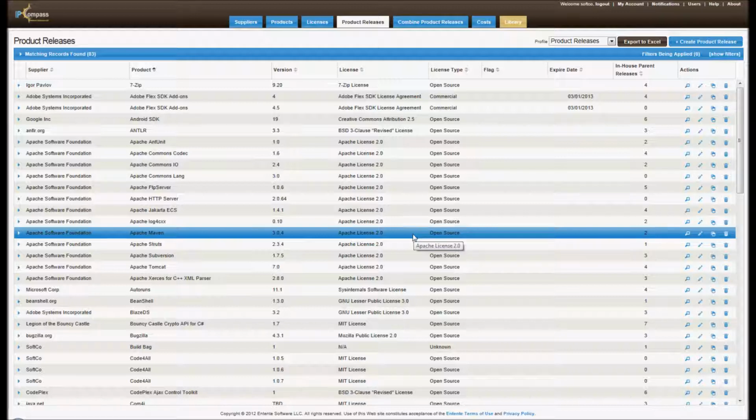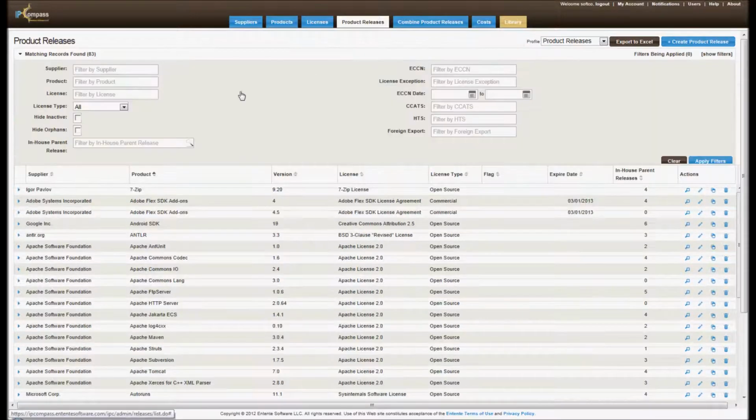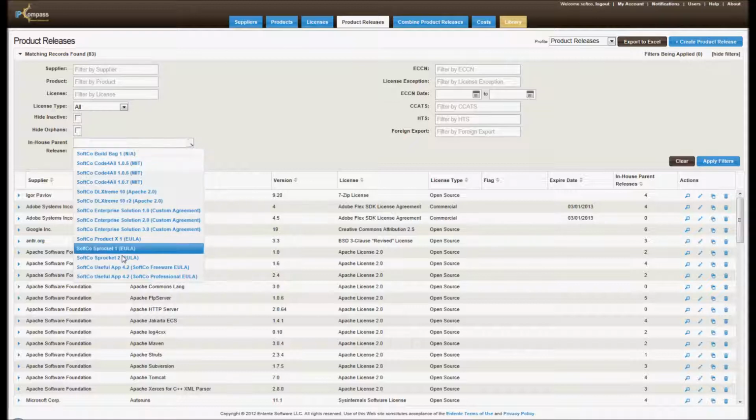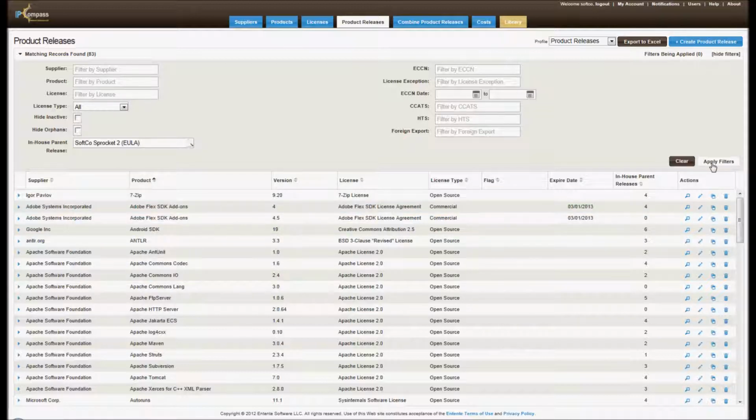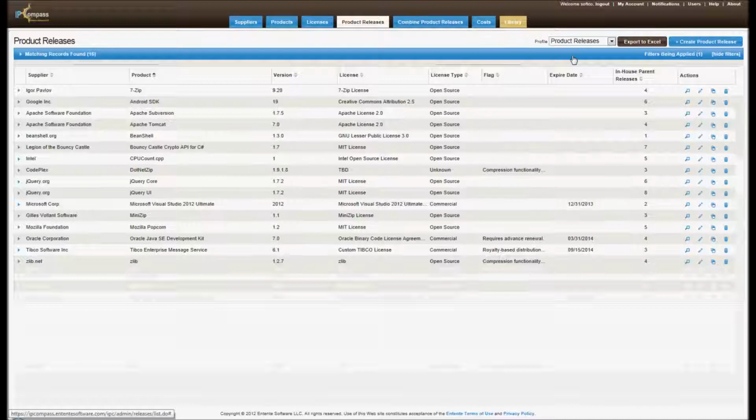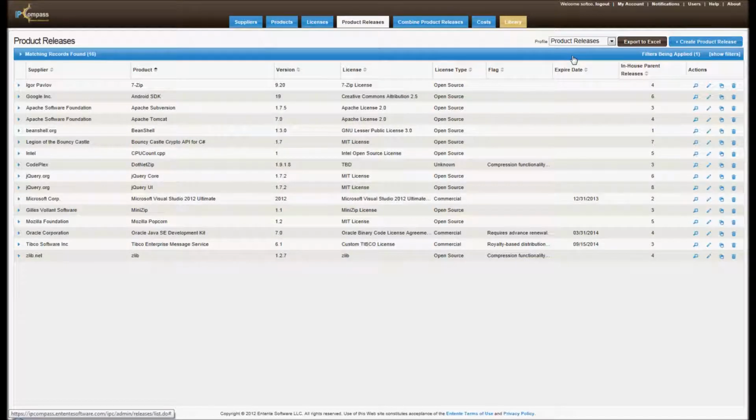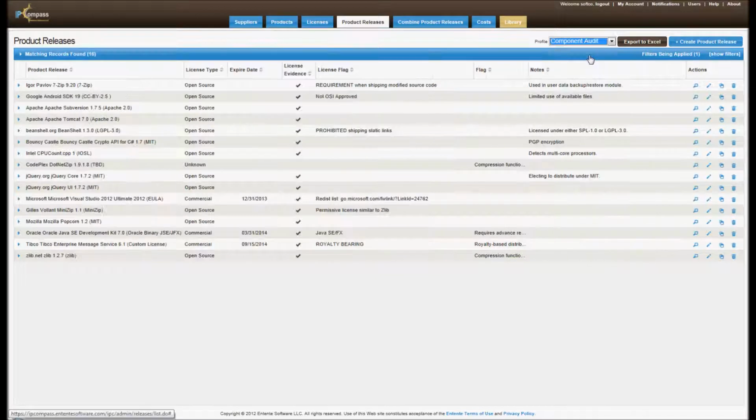Once I log into IPCompass, I can use the filter bar to limit the portfolio view to show only components embedded in Sprocket 2. Now that I'm viewing only the components relevant to the present audit, I can switch to the Component Audit profile to effectively surface potential issues associated with our upcoming release. The first difference we see in the Component Audit profile is that for each component, the supplier name, product name, version, and license have been concatenated into a single column called Product Release, leaving more room to review key high-risk